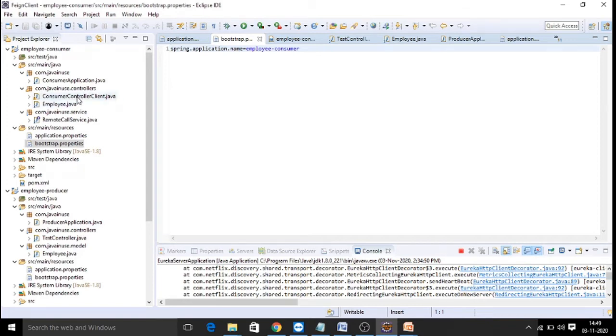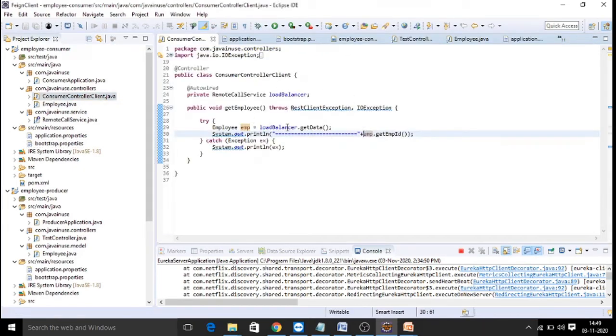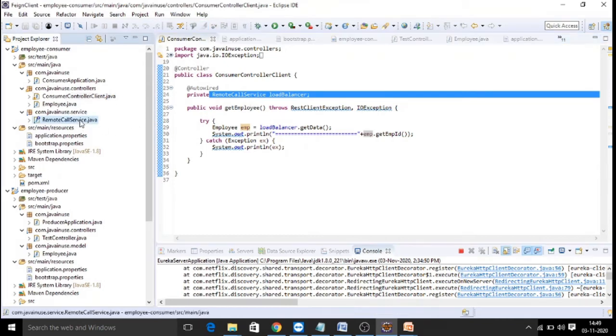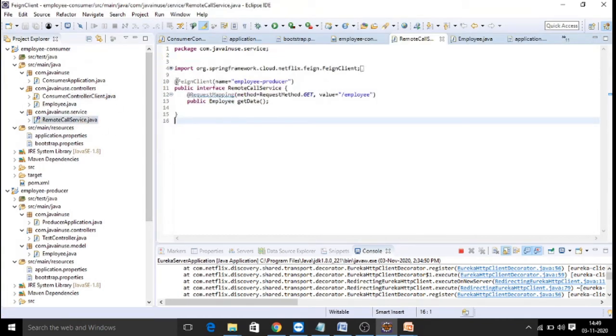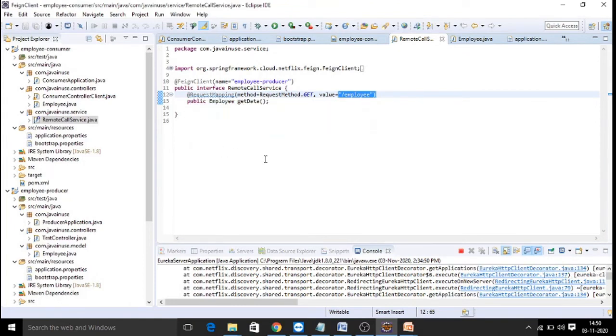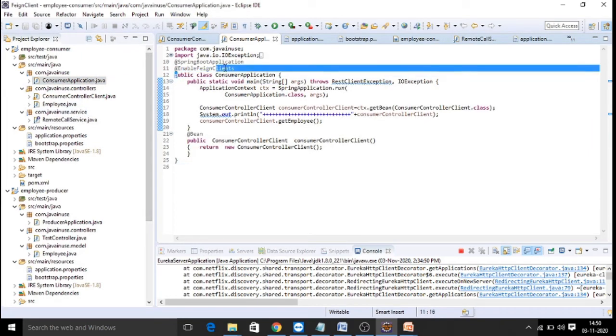Coming here, the new thing is, as usual, you will create a client application, but in the client application you are going to make use of your proxy, that is the remote call service proxy, and this proxy is created with your Feign client. So the Feign client has to be configured for the service that you are going to consume, and provide the URL to which you have to communicate and call the method, which will simplify and create an abstract layer for your consumer application. And for your application where you are going to consume it, you need to enable the Feign clients. That's all about your client application to consume it by using Feign client.